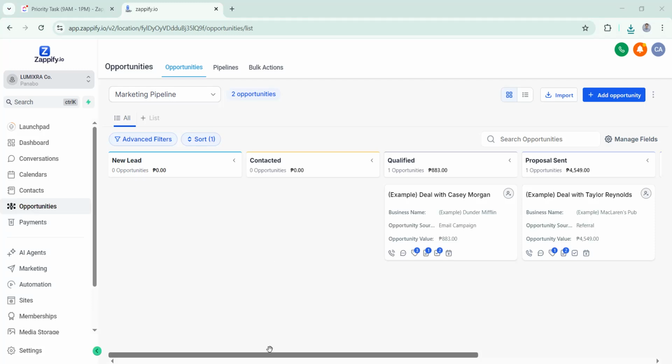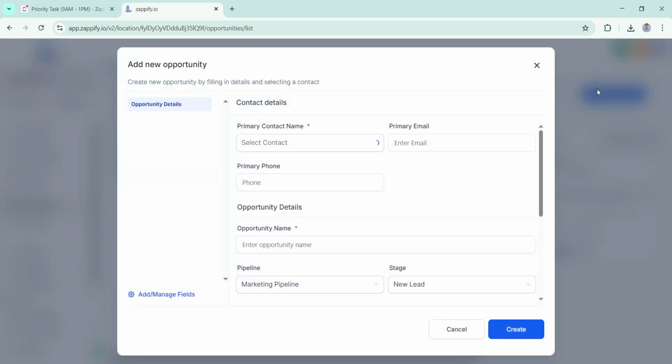So good day guys. I am going to show how to add, update, and move opportunities across your sales pipeline in Zapify.io. So inside the opportunities, you can add opportunities from here on the top right of your screen. And from here, you can select contact, for example,